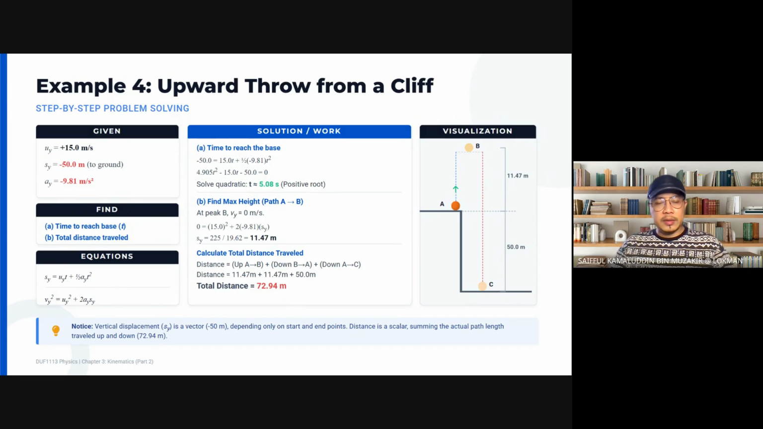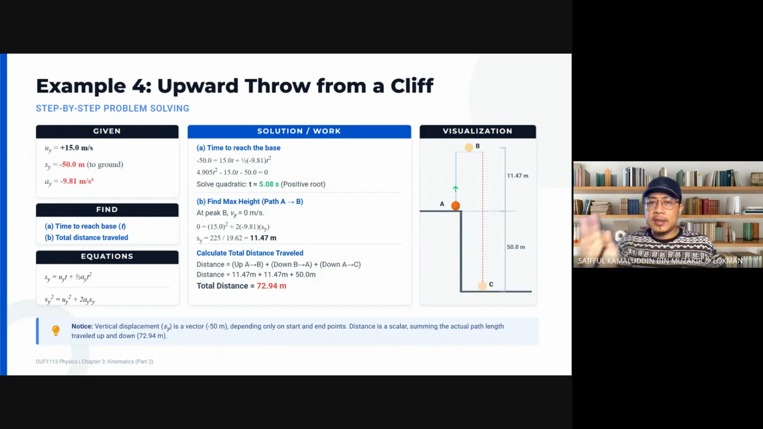We stopped at example 3 in the previous lecture. So we continue on example 4. And this time, we are throwing something upward, but at the edge of a cliff, right? So the difference is, previously we have discussed something that we drop from certain height, something that we throw downward, and then in the next question we throw something upward, and this time we are also trying to throw something upward,